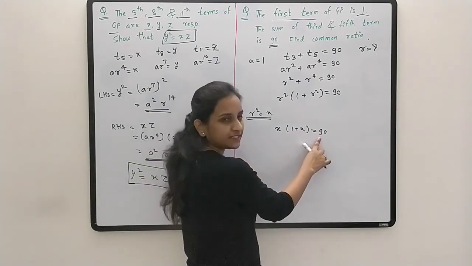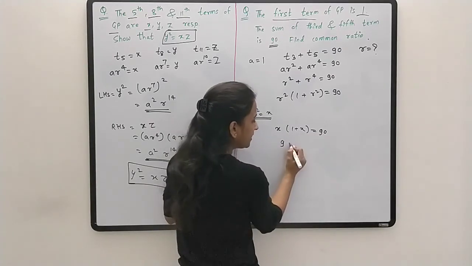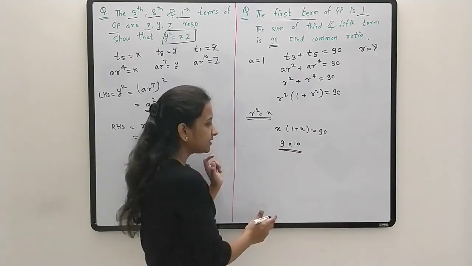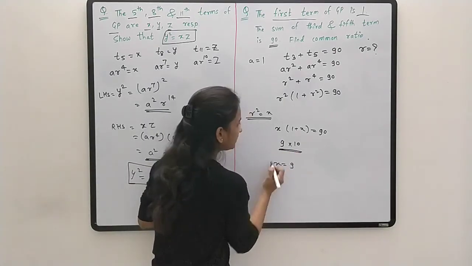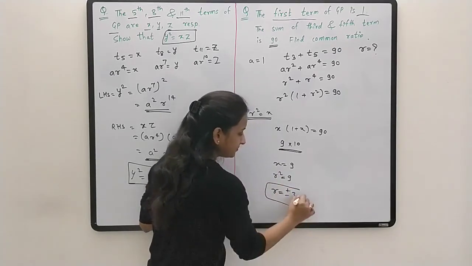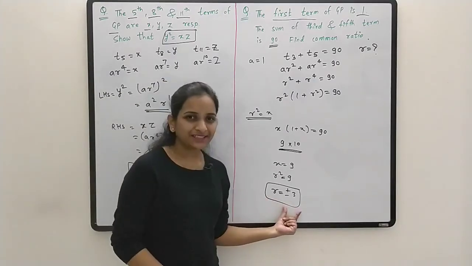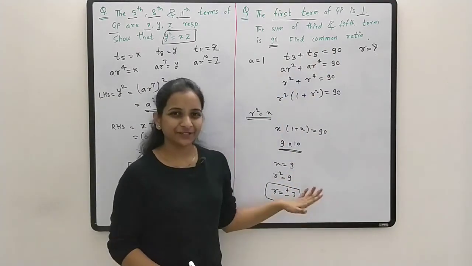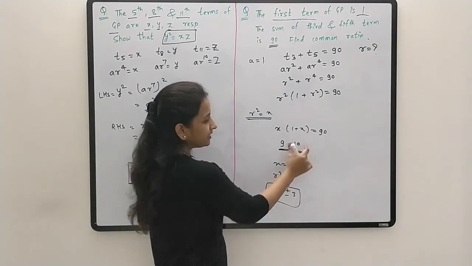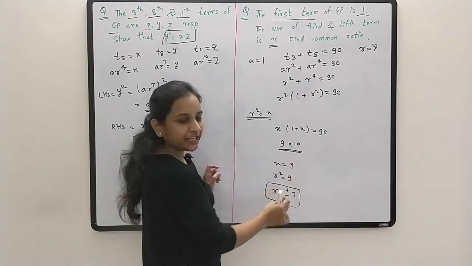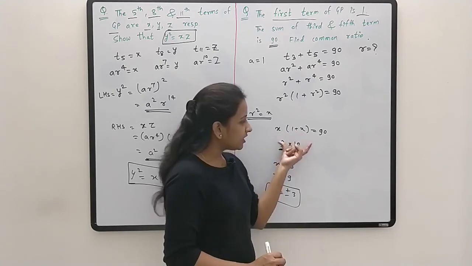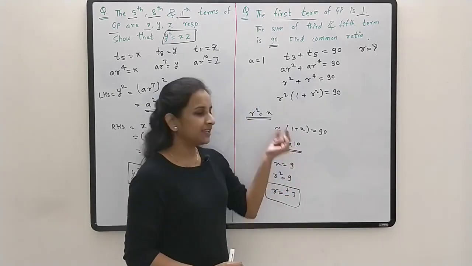Product of two consecutive terms is 90. So product will be like 9 into 10. Right? Two consecutive numbers will be 9 into 10. X is the smallest number. So we can say x is equals to 9. So r square is equals to 9. So r value is plus or minus 3. Okay? R is equals to plus or minus 3. Common ratio, we got it. Understood? See, here the number is easy, 90. So we can factorize this number orally. If the number is not easy, then we have to open this bracket and solve the quadratic equation. Then we get the value of x, then we can find R value.